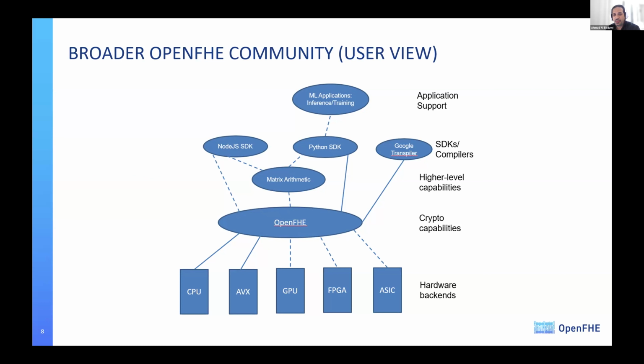And on top of OpenFHE, there will be SDKs and high-level capabilities such as matrix arithmetic, Python SDK, and Google Transpiler. Google Transpiler is already supported, Python SDK already exists, and we are still working on the matrix and Node.js SDK implementations. And finally, for application support, we are working on supporting generic ML applications for inference and training with OpenFHE.